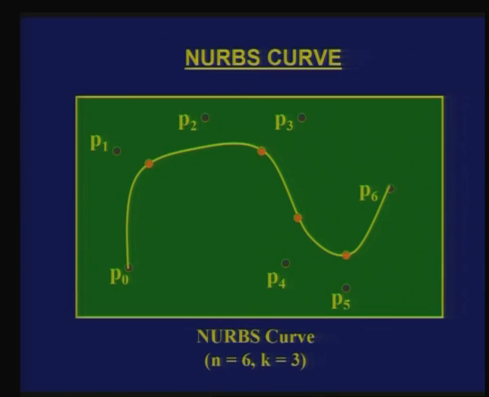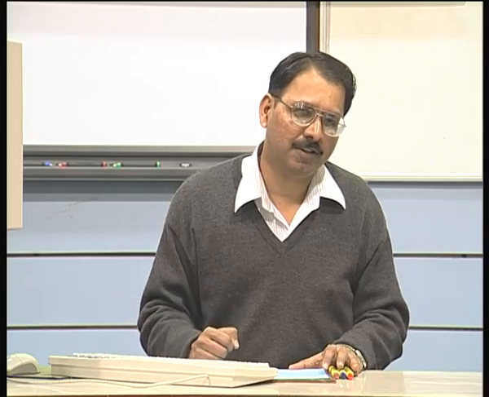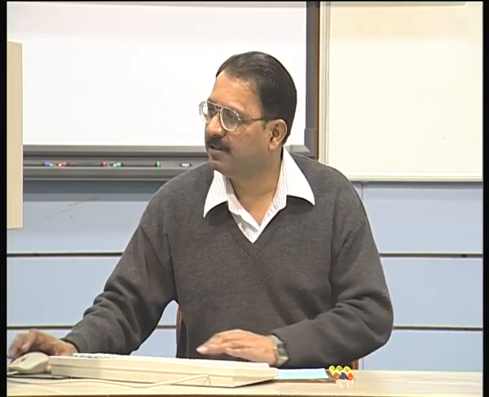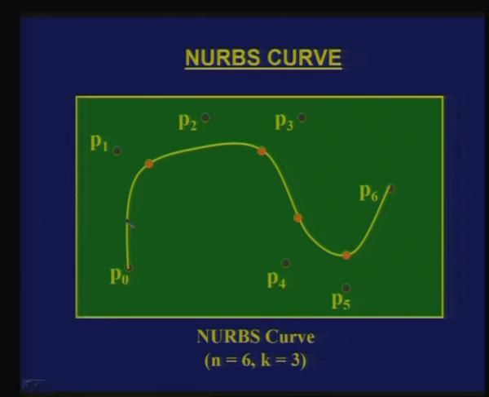Now, what is the effect of that? Suppose instead of giving a weightage of 1 to this, I give a weightage of 1 here and a weightage of 100 to the second control point, then the curve will be pulled more towards that particular point. Instead of being away from it, you will see that the curve is passing through a point which is very close to this particular point. If I give a weightage of infinity, the curve must pass through that particular point too.